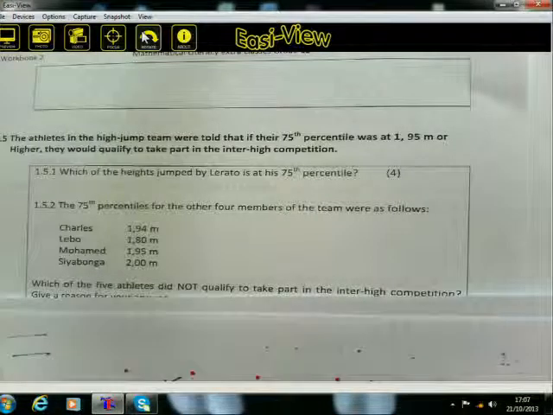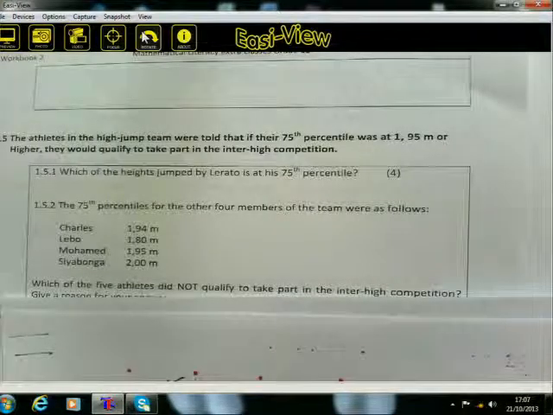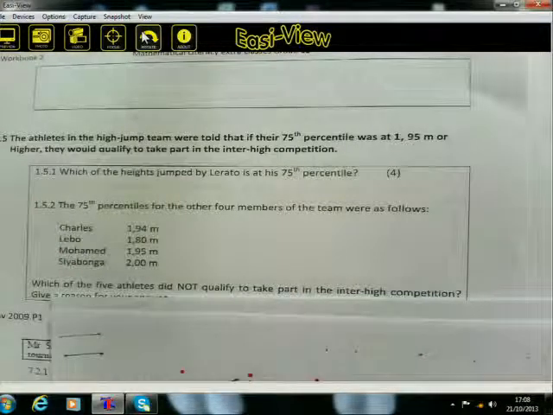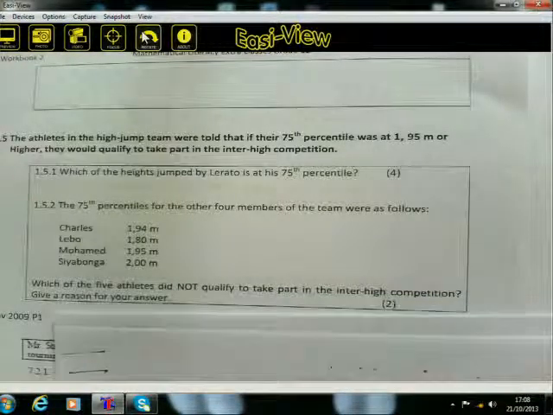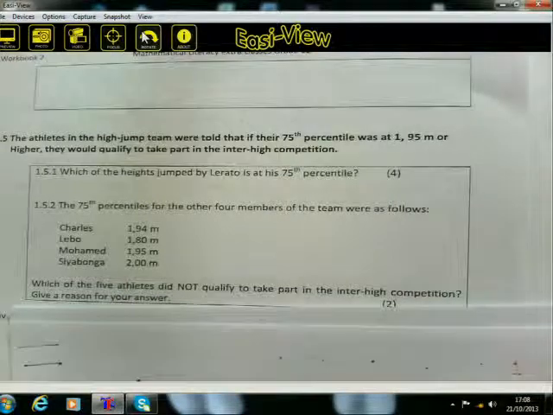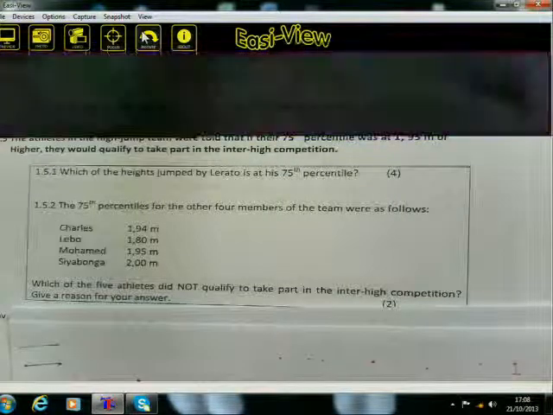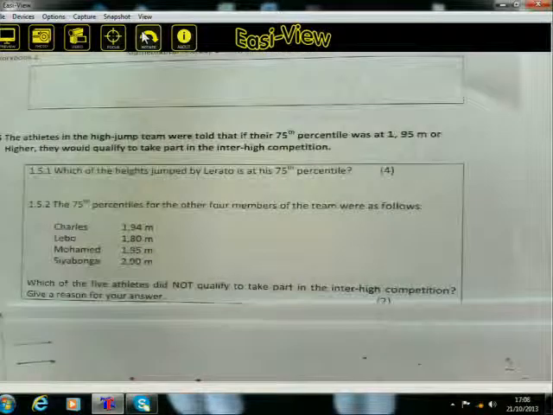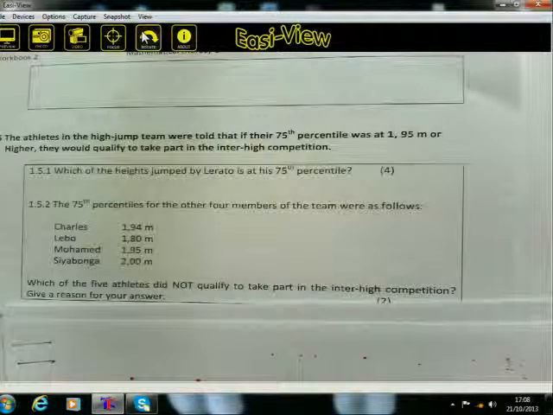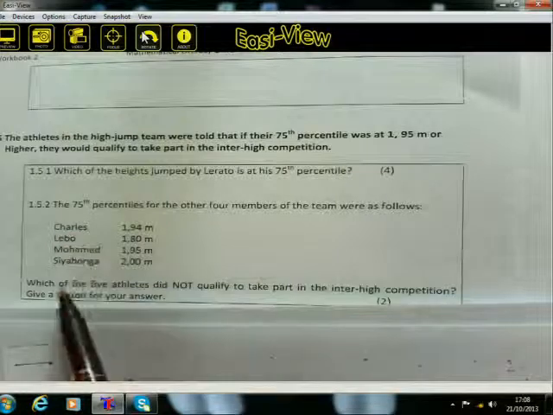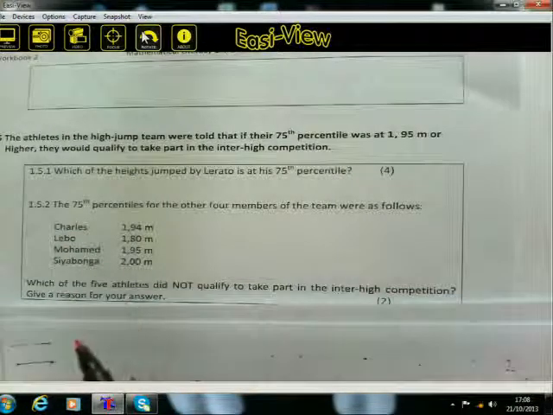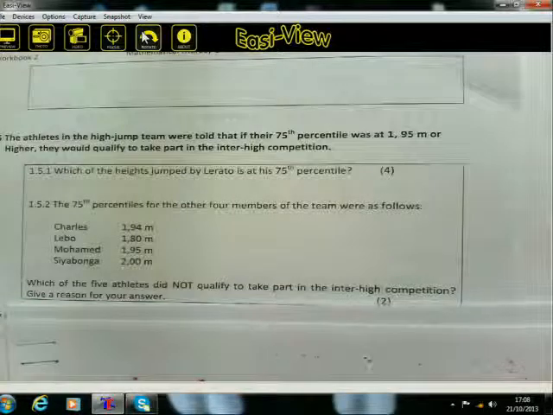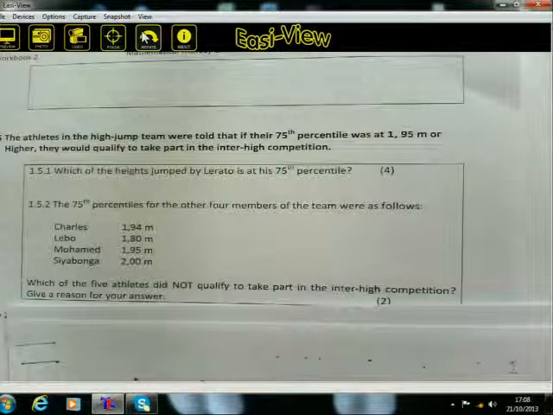Which of the 5 athletes did not qualify to take part in the inter-high competitions? Give a reason for your answer. So here you are only given 4 athletes. So the fifth athlete will be,